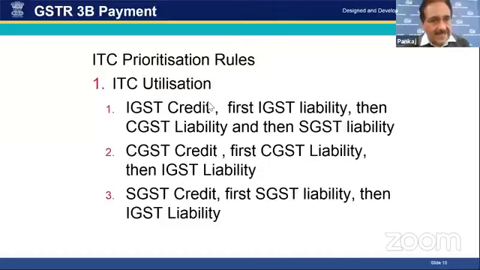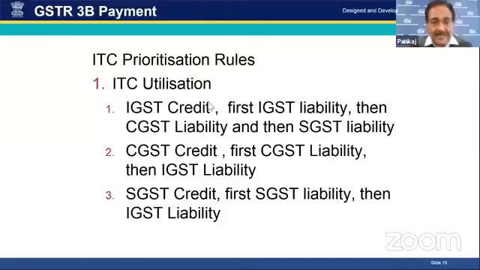I would elaborate on it: IGST credit, if available, is first utilized towards IGST, and then if a balance remains in respect of IGST credit, it can be utilized against the CGST liability, and if there is still some balance, it can be utilized against the SGST liability, in that order only. And in respect of CGST credit, first CGST credit should be utilized against the CGST liability, and then it can be utilized against the IGST liability.